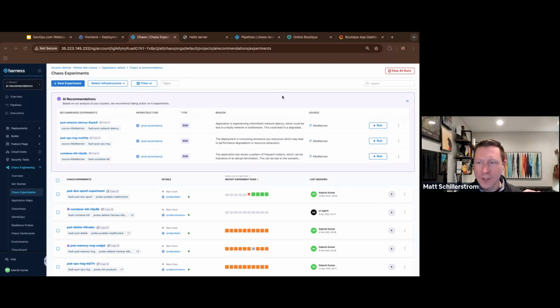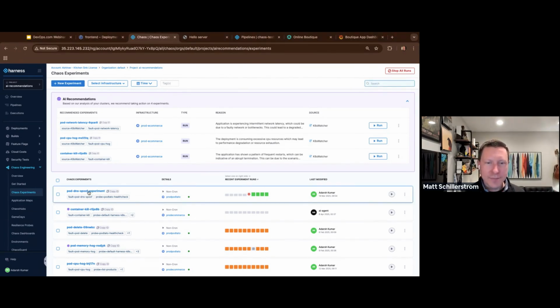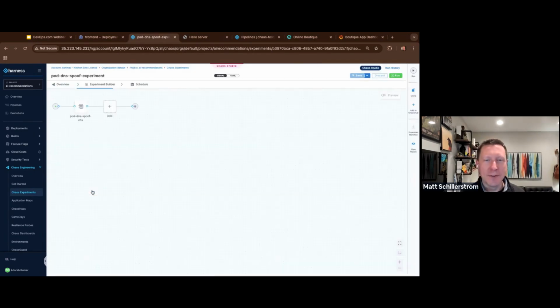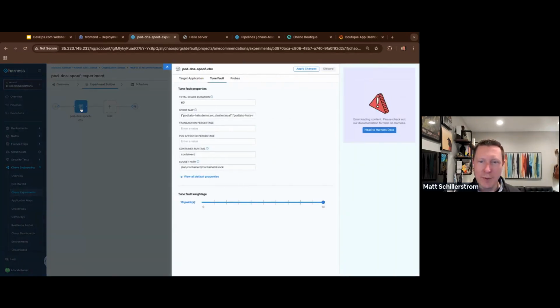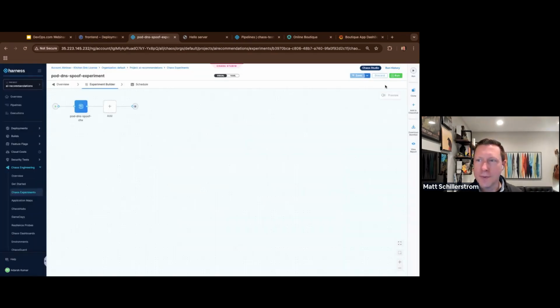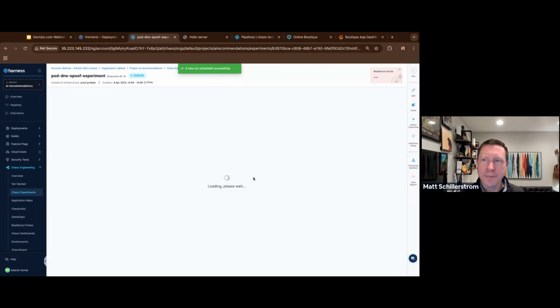And while this runs for a few more minutes, I was just going to show another chaos test that's kind of fun to run. Basically, I have this pod DNS spoof experiment. Anytime there's an incident, it seems to always be some sort of DNS issue. In this case, it's going to be more of a security experiment where I'm spoofing the resolve configuration of this, right? So I'm going to run this DNS spoof on this pod. It should be pretty quick, and then we can get back to the other part of the demo that was finishing up with the replica change.